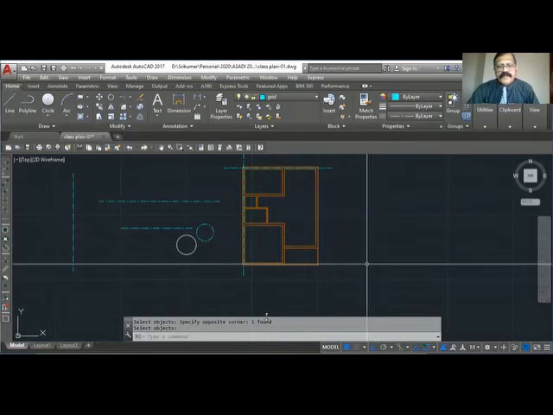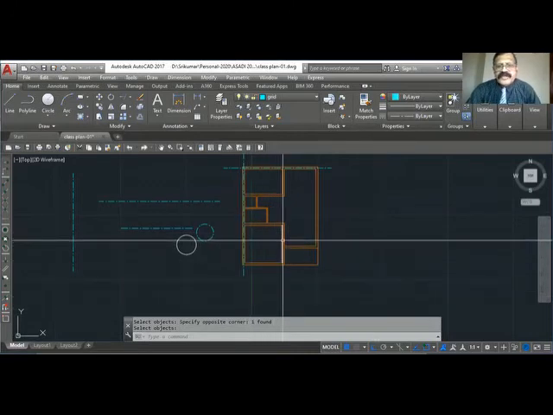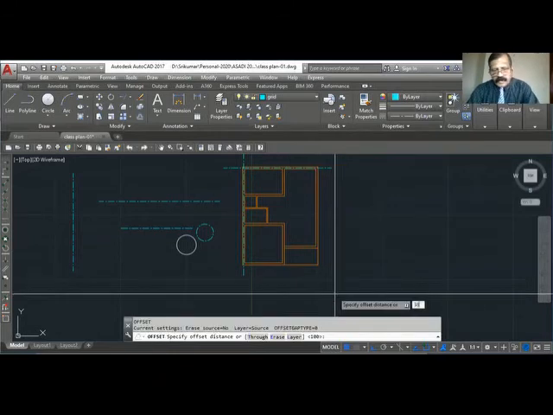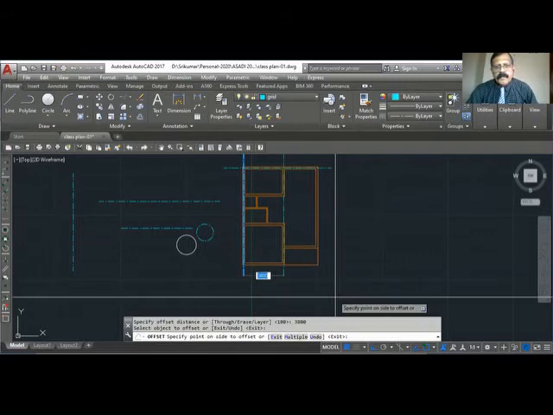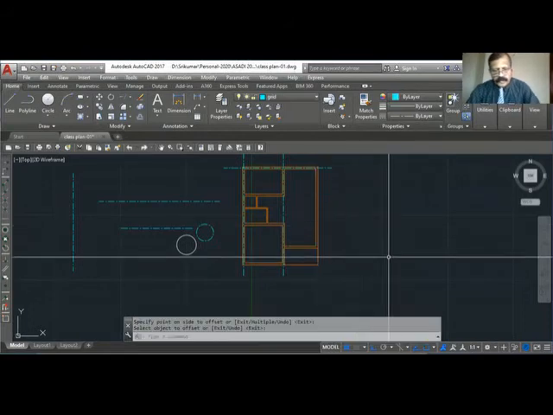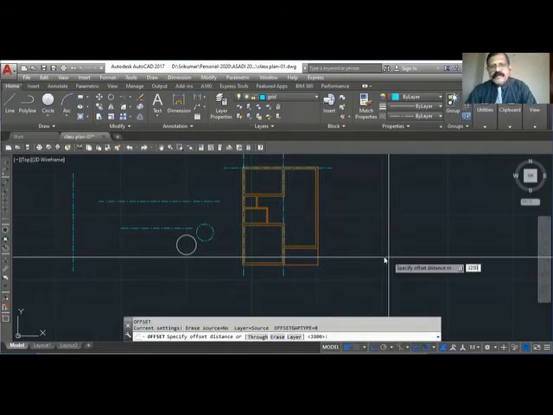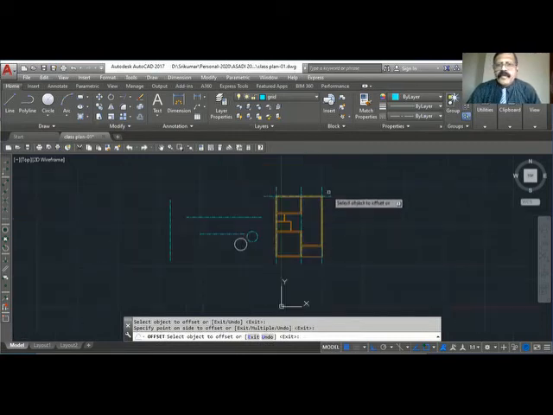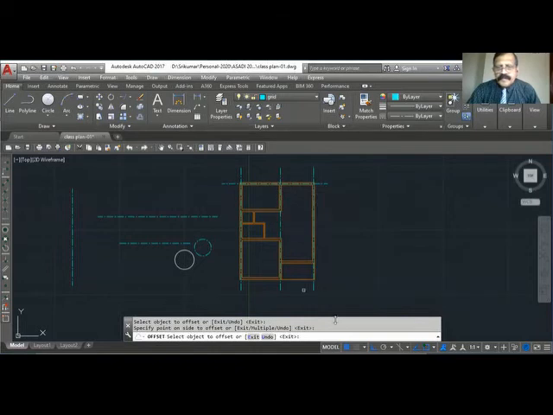Now I can offset this line. I know that the inner measurement is 3600. So my center line will be 3800. So offset 3800. So you see that our line is correct. And the inner measurement is 3000, so the center line is 3200. 3200. So that's also correct. Now this I have to do. So what is this line? I have to see the distance. What is it exactly? So the kitchen was 2400. So it should be 2600.